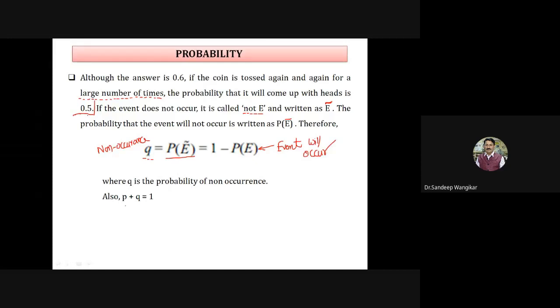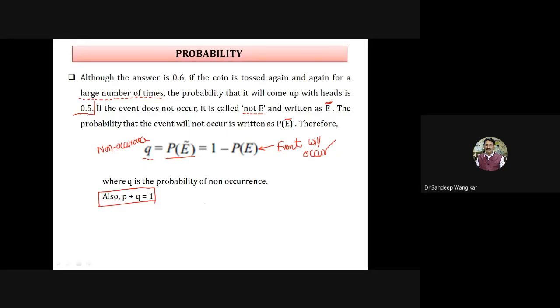Ultimately we have to keep in mind that the probability of occurrence and the probability of not occurring should be equal to 100%, or I can say 1. Definitely, occurrence and non-occurrence. So 50% times occur, 50 times not occur, so 50 and 50 become 100. 60 times occur, 40 times not occur, 70 times occur, 30 times not occur. If you analyze this, you will get the answer as P plus Q.